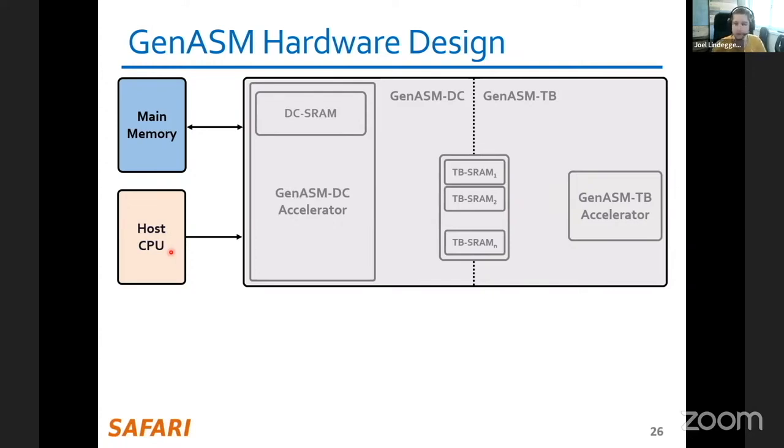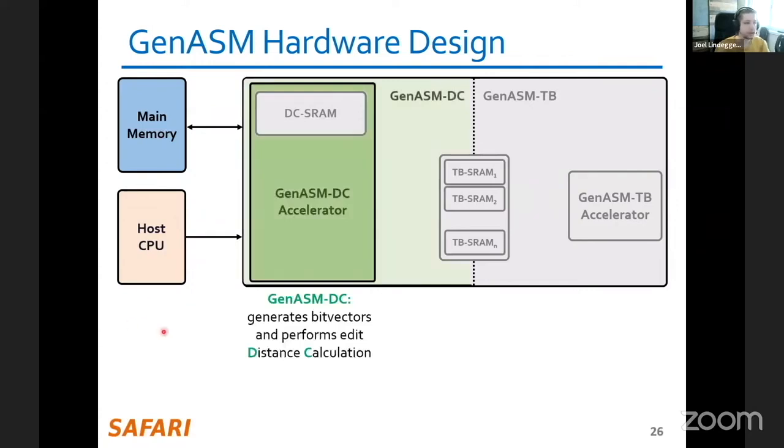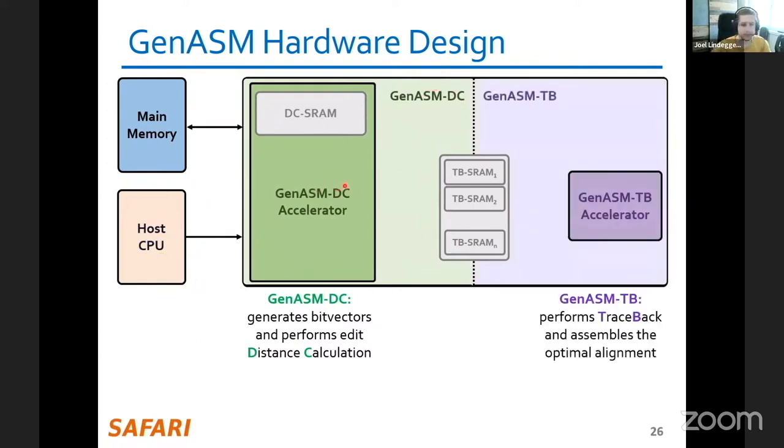So you have a bunch of hardware that stays in place and the data moves through the hardware that does computation over it. So we have a host CPU and some main memory, and those send their data to the GenASM DC accelerator that builds these tables, and then a traceback accelerator that obtains the cigar string. So the GenASM DC accelerator consists of some on-chip memory, and it then does some computation over there, sends it to some more on-chip memory, these TB SRAMs, and from there